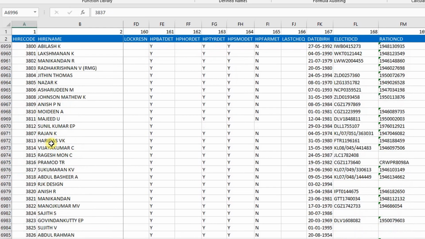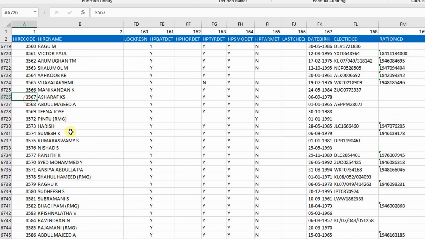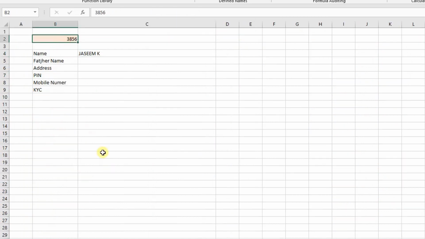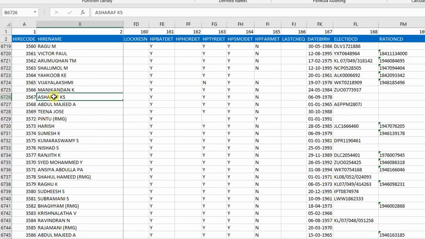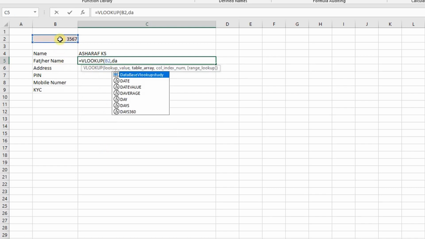If I select another record from the middle of the table, 3567, change the lookup value to 3567. Now the account holder name for 3567 will be shown here, Ashraf. Again equal to VLOOKUP, lookup value, type the name manager name, for father name.